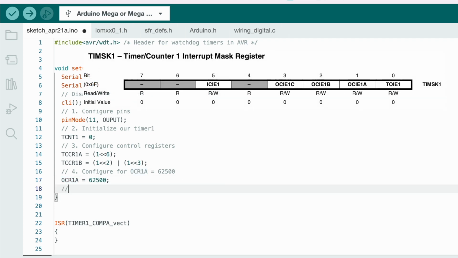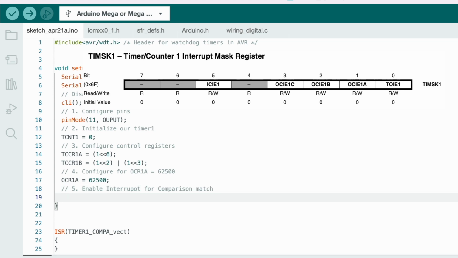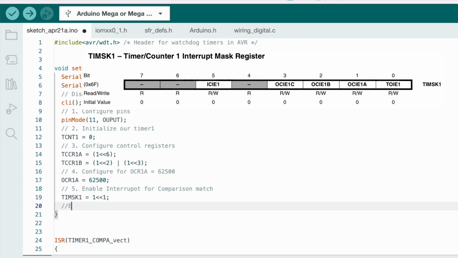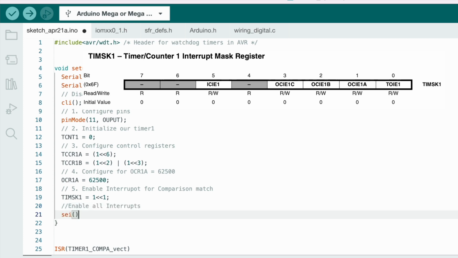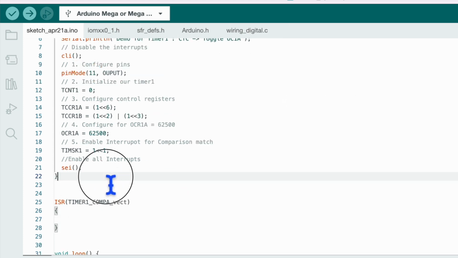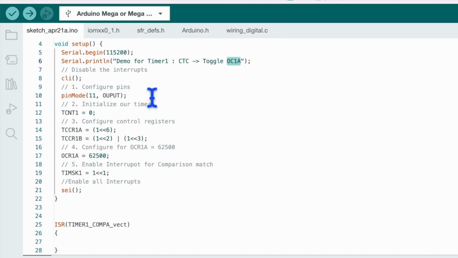And we have to enable the interrupt as well. So enable the interrupt for comparison match, and we have to use the mask register for that. In timer interrupt mask register 1, we have to enable the first bit. So we have enabled it. Now enable global interrupts, SEI. So we have enabled it, and this will toggle the dedicated pin, the output compare 1A pin,